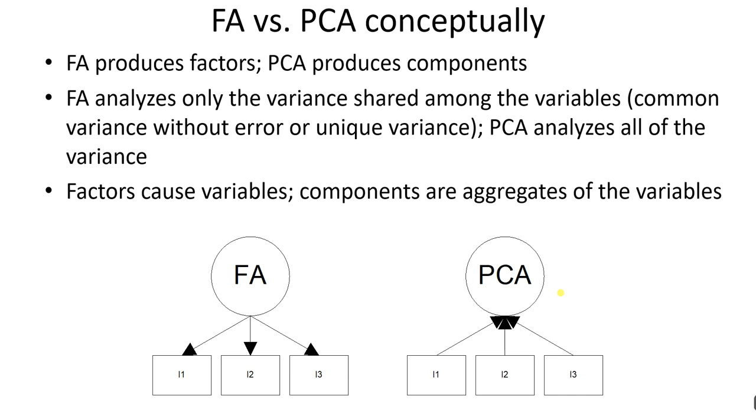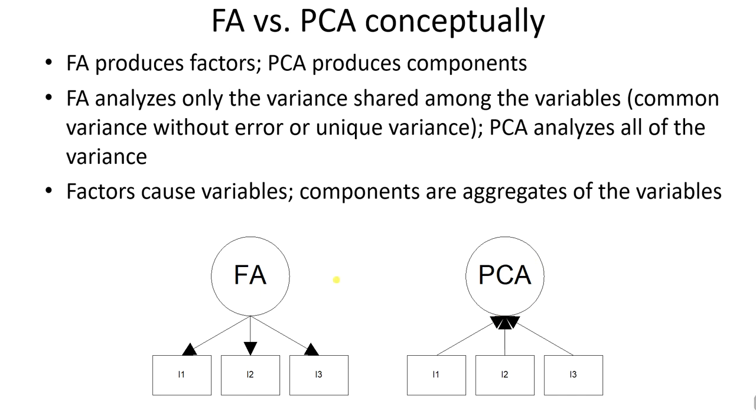So again repeating, factor analysis produces factors, whereas component analysis, PCA, produces components. Factor analysis analyzes only the common variance, whereas principal component analysis analyzes the total variance. The commonality is 1. And another important difference is that factor analysis and principal component analysis both give a latent variable, and latent variables are represented in a circle, as I discussed in my previous lecture. You can go to my channel and view that lecture.